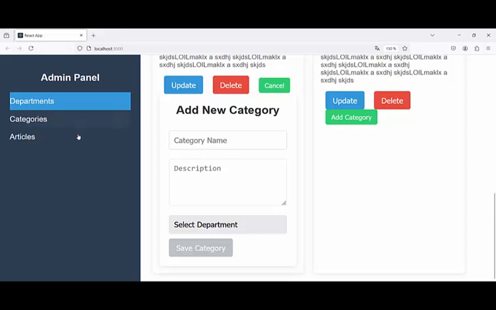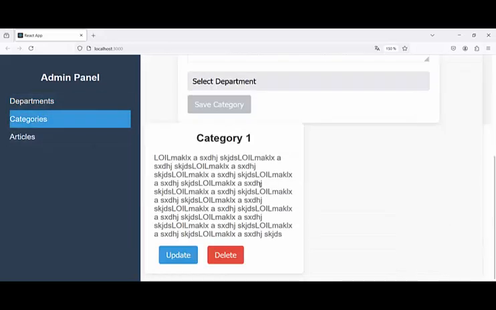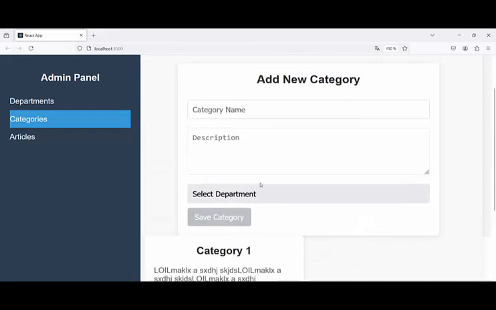Now we look at category. Here is category 1, and update and delete. And like always, we have here category name. For example, we can add a new category. There are two positions where we can add the new category: in the departments list for every department, and here in category list. Category 2,